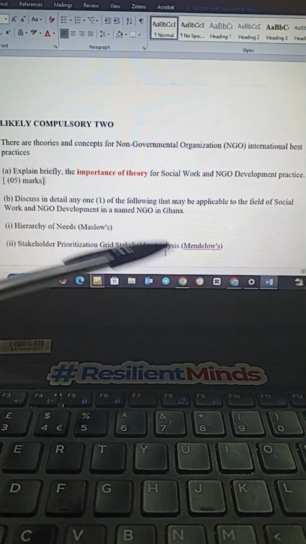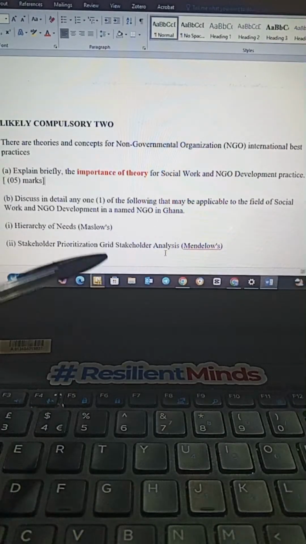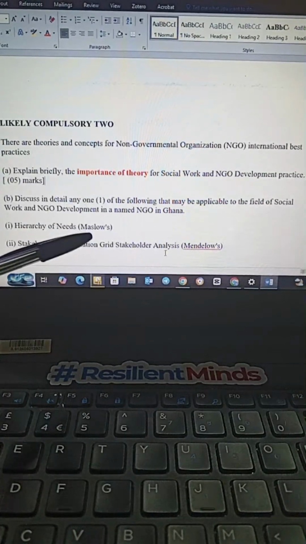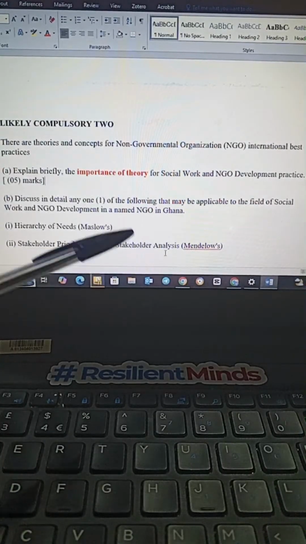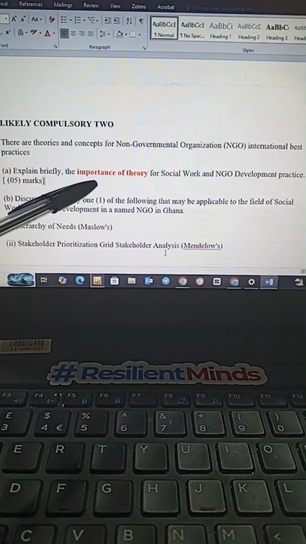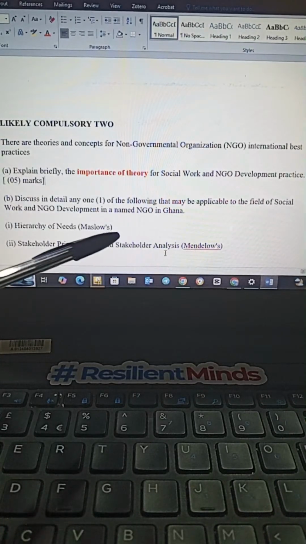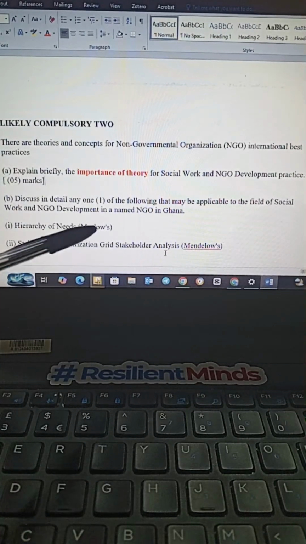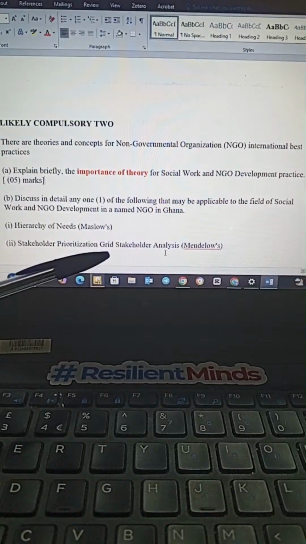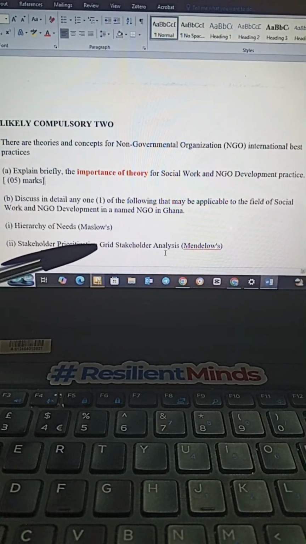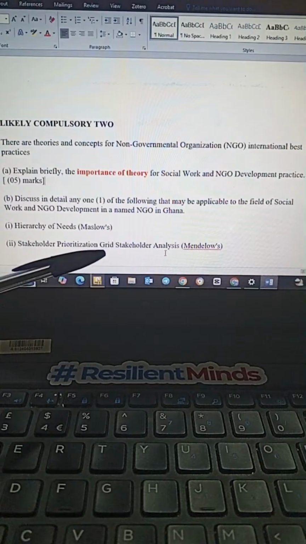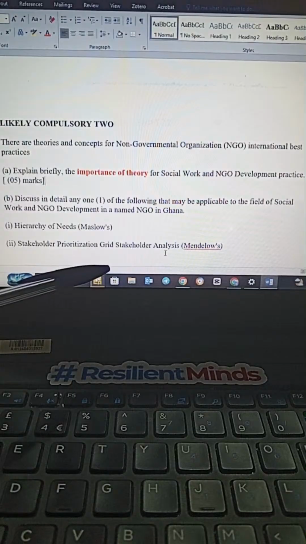when you talk of NGOs, they mostly deal with these two, the Maslow hierarchy of needs, because if an NGO is going to any community, they use this Maslow hierarchy of needs to assess what is the most priority of this community. And they also look at this grid, because this grid lets us know the power structures within the community, so that they will know that, okay, now in this community, the influence there is very low, or the influence there is very high. So the high and low influences will also help them to know which step to take. Okay, which step to take.